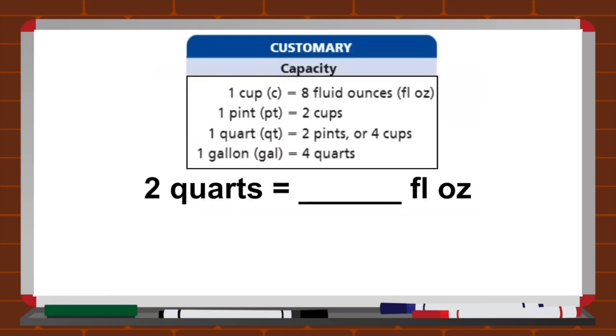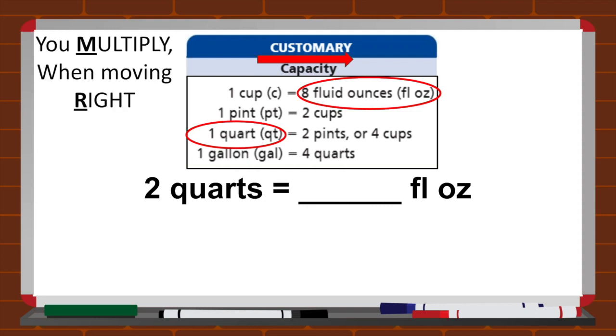So here's our example. 2 quarts equals blank fluid ounces. We have quarts. We are going to fluid ounces. You will notice that we are moving right. You multiply when moving right. There's Mr. Dull, and he is facing the right. Notice his nose is pointing right. You'll also notice in the table, not only are we moving right, but we have to climb a little bit,